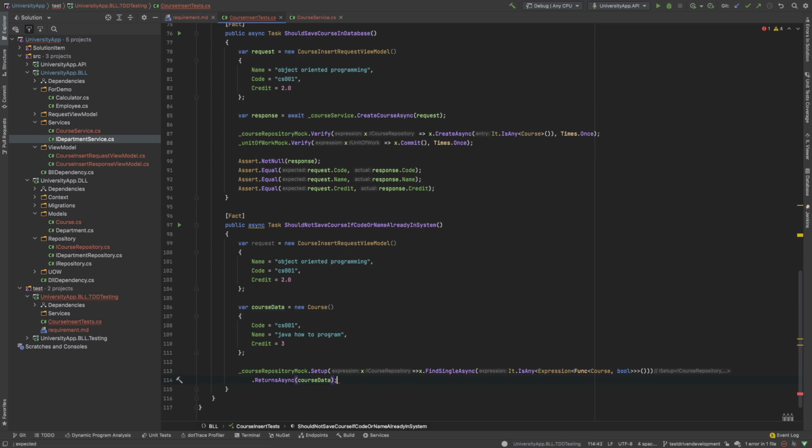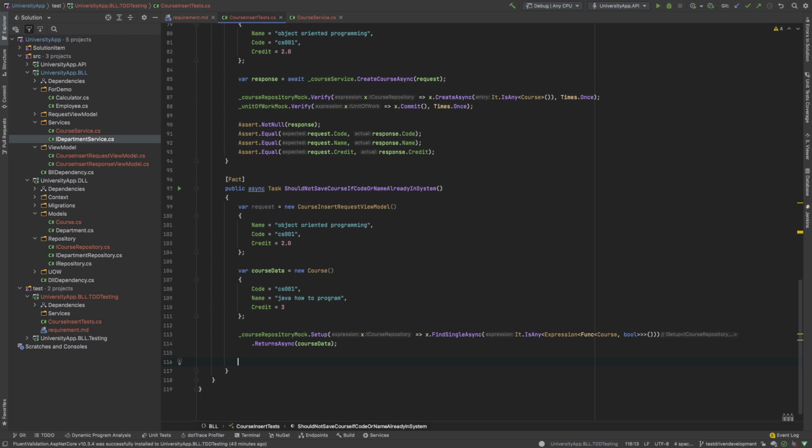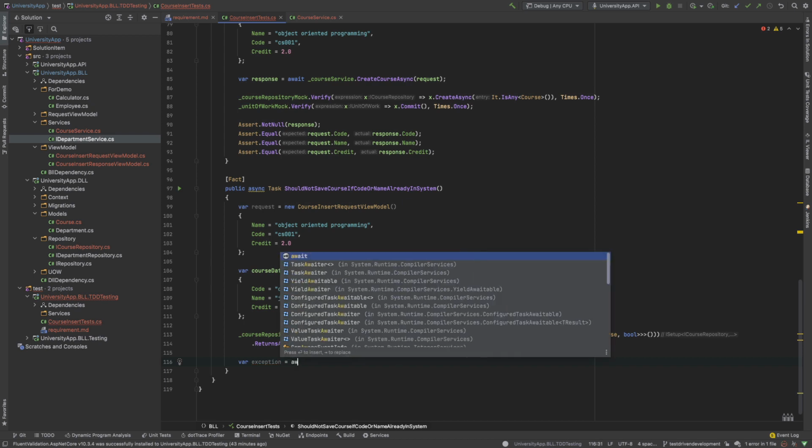That means any type of course related data, then the find single async returns this object. Okay, so now we need to provide the exception that is await